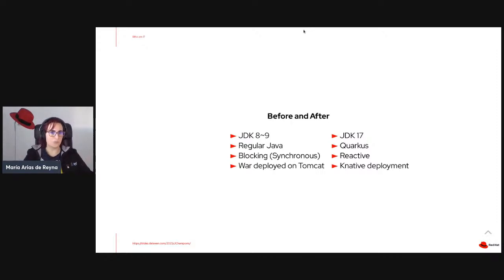And then I decided I'm going to use everything new. I'm going to use JDK 17, which at the time was not even stable. It was a beta, so libraries were still not on JDK 17. I wanted to use Quarkus because I had read a lot of things about Quarkus, but I didn't really know what Quarkus was at the time. I wanted to change from imperative to reactive. I wanted to have native deployment and everything that was cloud native and all these amazing buzzwords